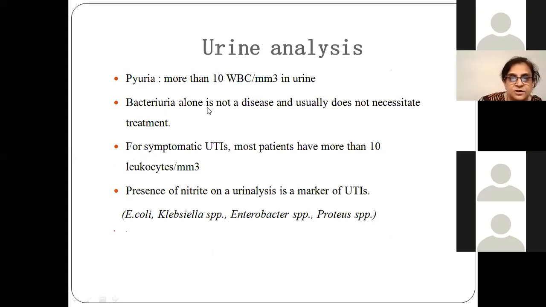Bacteria alone is not a disease. I just told you that bacteria can be present in the urine, but they can be flushed off. It's the symptoms which cause infection. For symptomatic UTIs, most patients have more than 10 WBCs per milliliter. Then the presence of nitrite on urine analysis is also a marker of UTIs, because all the Enterobacteriaceae